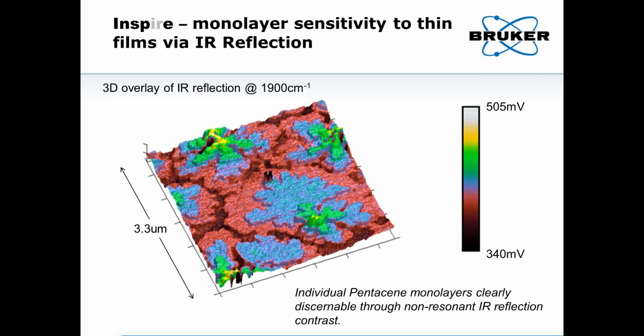As another example of the capabilities offered by Inspire, here is a three-dimensional image where the topography of the image originates from the height channel in the AFM. The color overlay comes from the infrared reflection channel. This sample is a sample of pentacene layers, which is an organic material grown on a silicon oxide film on